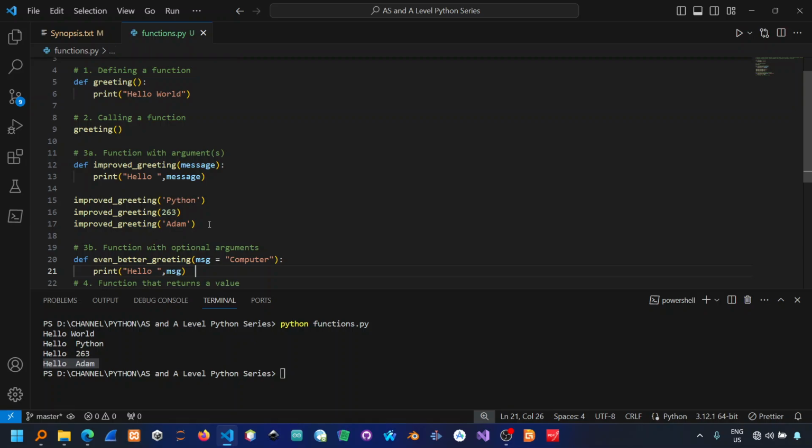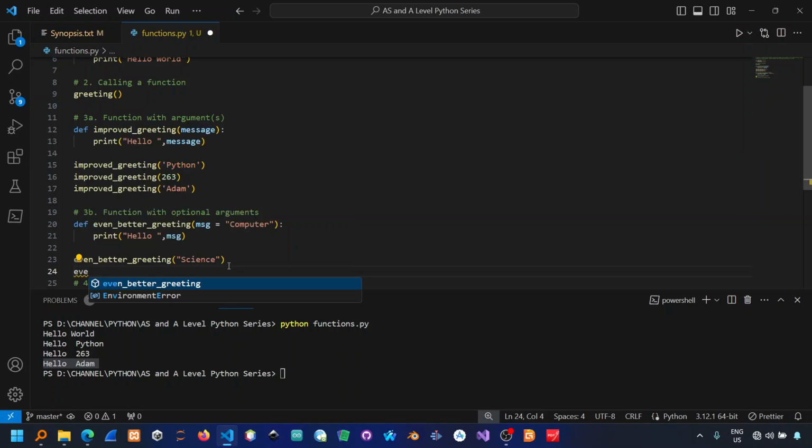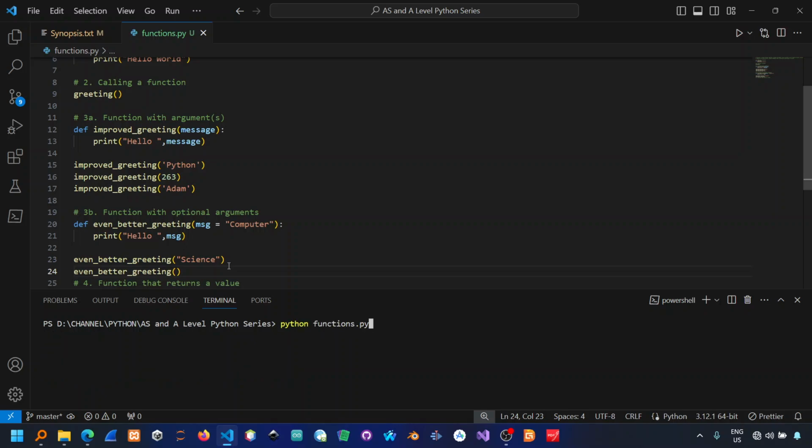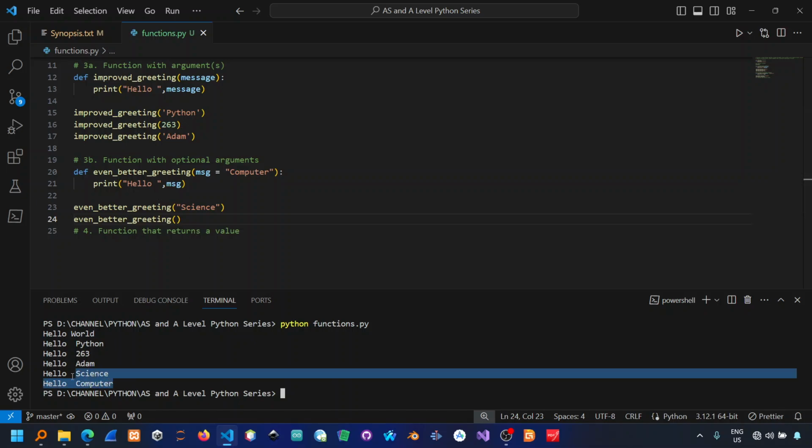That's the default message. So when we now come down here and we invoke this particular method, in the first instance I'm actually going to pass in a value. So maybe the value that I want to pass is science, right? Then in the second instance I'm actually going to deliberately omit the argument. So I'm not going to pass in an argument. I want you to observe what happens when we run this code. So we run that. Starting from the bottom of the output right here, you see that we get hello